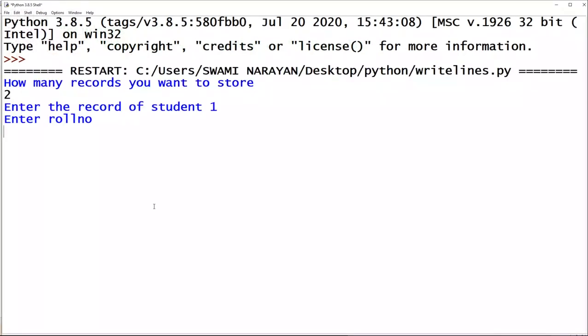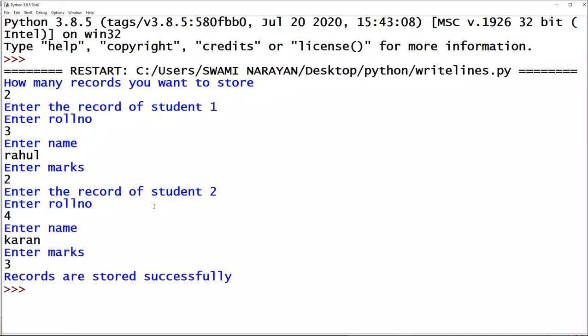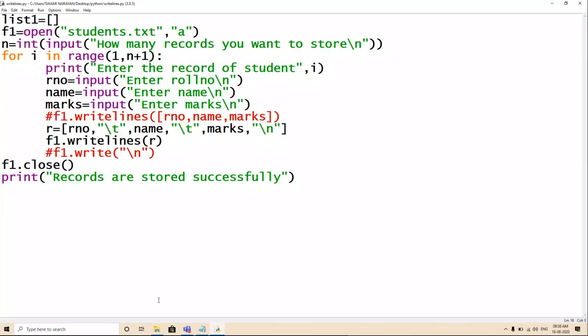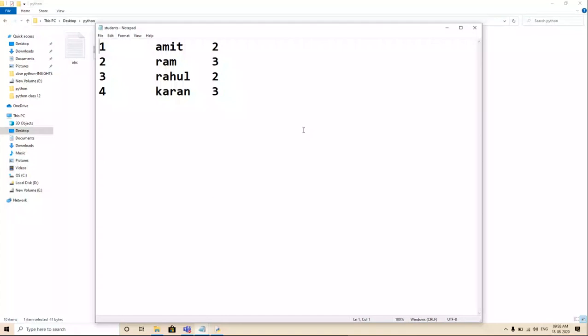Suppose two more records I want to store. Roll number 3, Rahul. Roll number 4, Karan. Records are stored successfully. Now let's see what is the content of this file. See now, append mode.